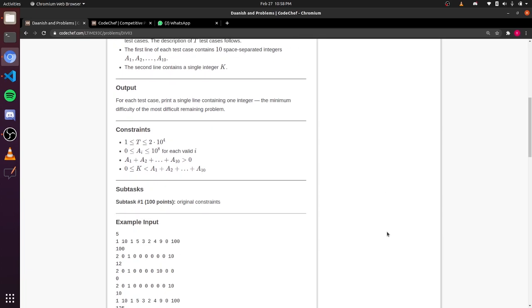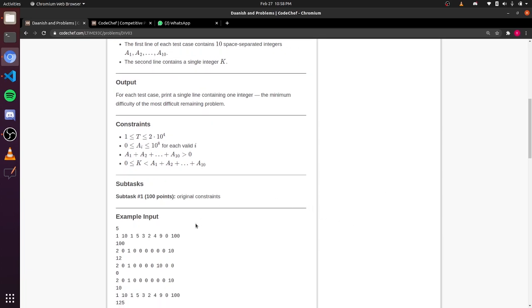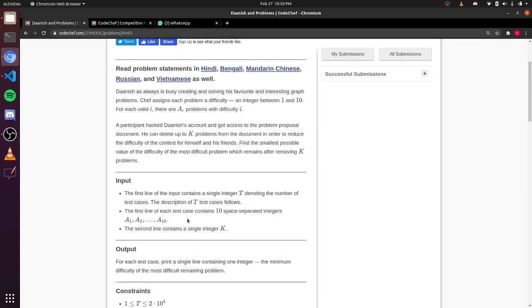the problems from the highest difficulty level, that is 10. So we'll be deleting from the highest difficulty, and then we'll be moving down to the difficulty level where, when we have deleted more than k problems, we will be printing out the next difficulty level lower to it, and in this way we can achieve the condition that is given in the problem, that is the smallest possible value of difficulty of the most difficult problem. So now I'll show you the C++ implementation for this question.